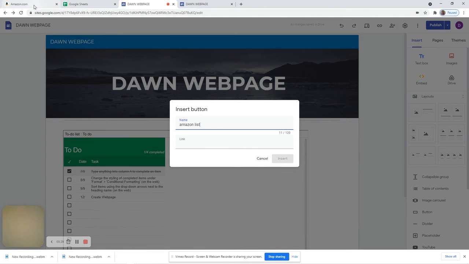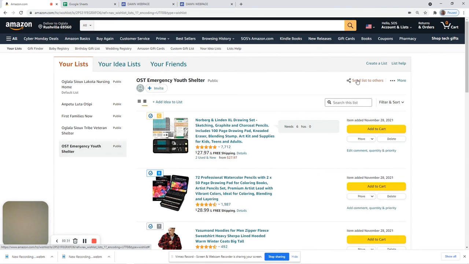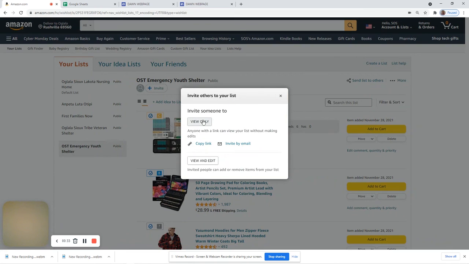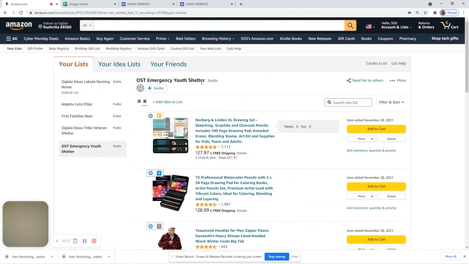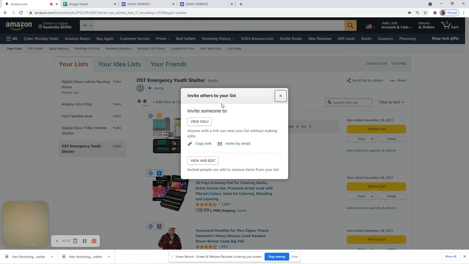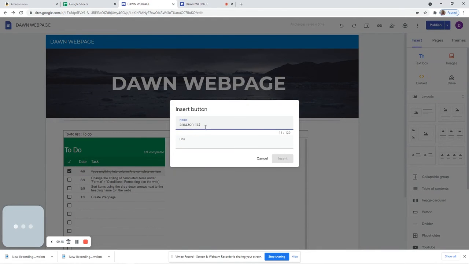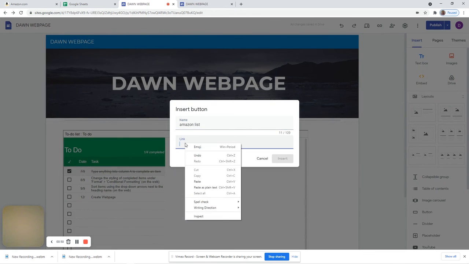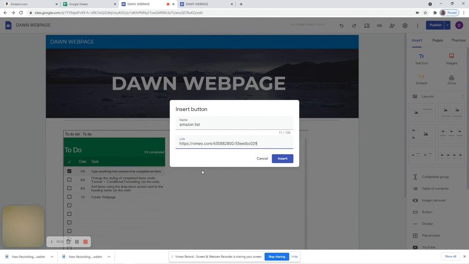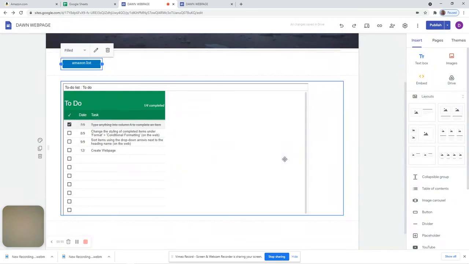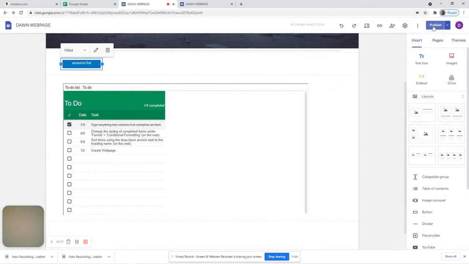So then I go to Amazon and I get my link. View only. So here's my youth shelter shopping list. I say send list to others. View only. It copies it to memory. I go back to my web page and I right click, paste it, and I insert the button there. Now I say publish,